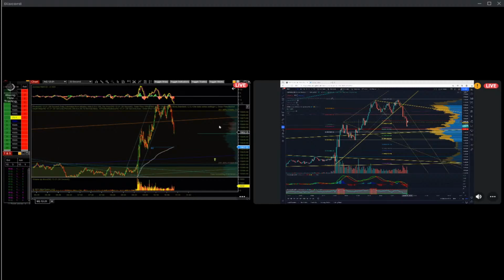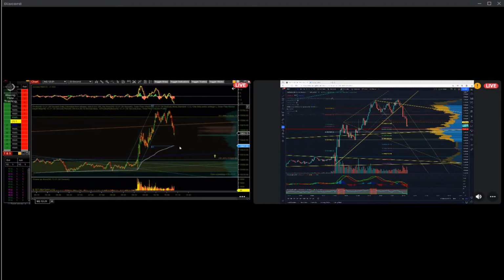Yeah, right now I don't see anything that's a high probability trade. I see high risk trades, but I don't see anything that would